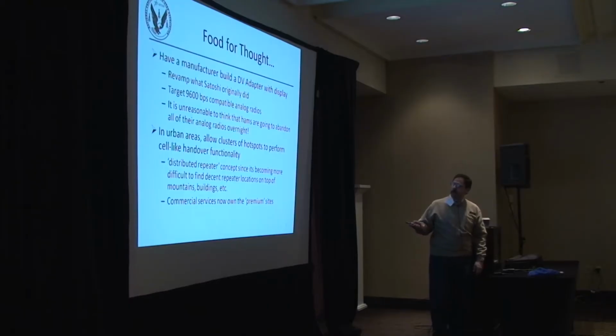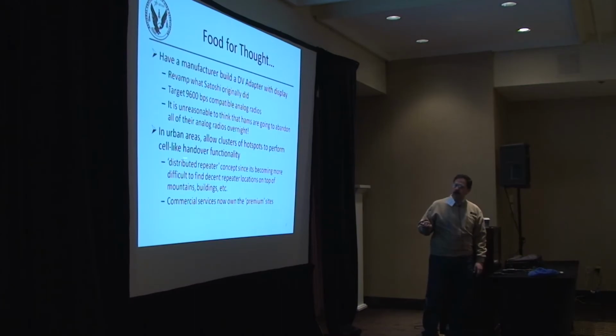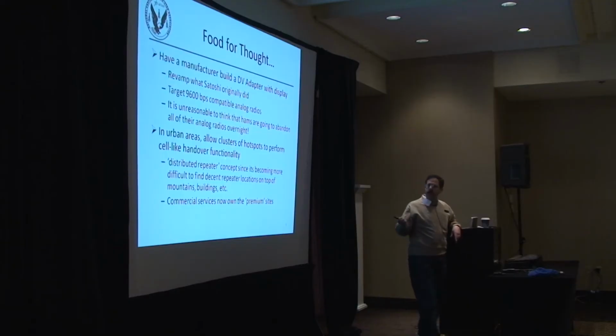So one of the thoughts is, if we just start using things like hotspots, and if we could come up with routing architectures where we could do a cell-type handover arrangement. I run a hotspot in my house. There's another guy who does stuff with the NCR D-Star group, over in the Reston-Herndon area, and he's got a hotspot. It would be nice if I could move from one hotspot to another, with these low-level hotspot-type sites, drive around into an area and do a handoff, dropping out, changing frequency, and connecting back to where I was.